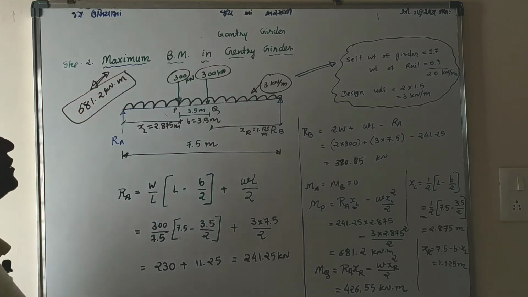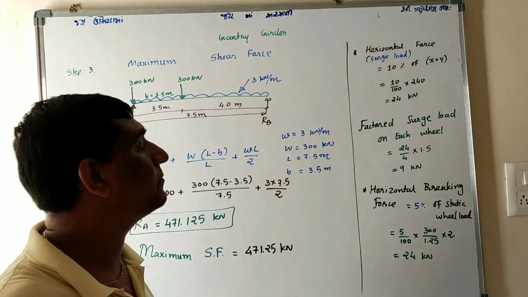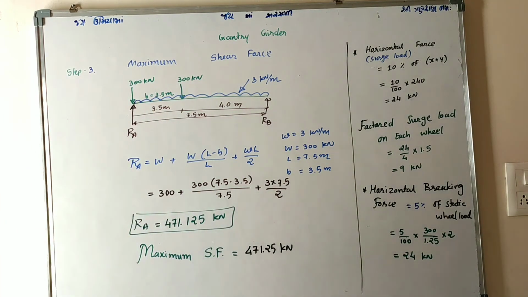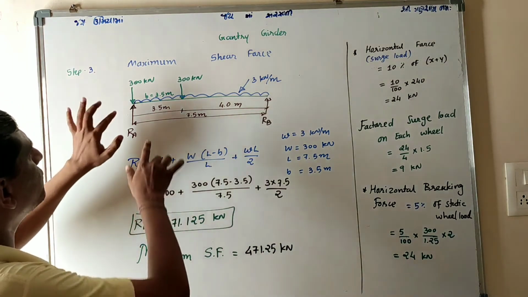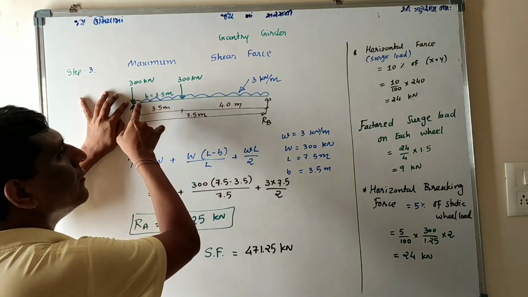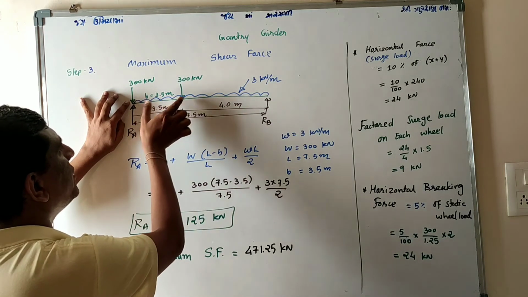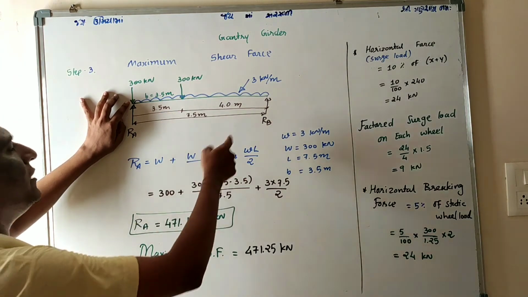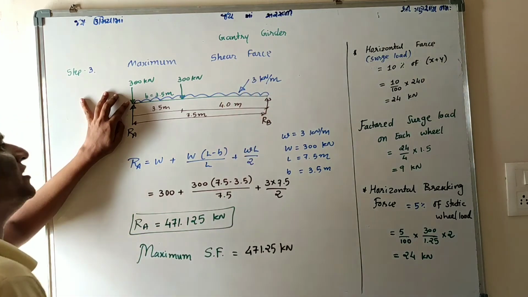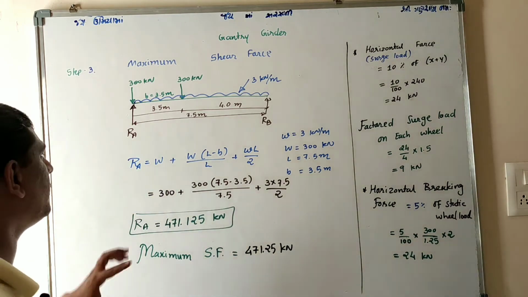This is step number 2. Now for the loading condition, it is the last step, that is maximum shear force and the horizontal forces. So for maximum shear force, first you have to put your wheel load at the left support, 300, and then base 3.5 meter. Once again, the second wheel load is 300 kilonewton, and as earlier discussed the UDL is 3 kilonewton per meter. Now you can just use this simple equation.